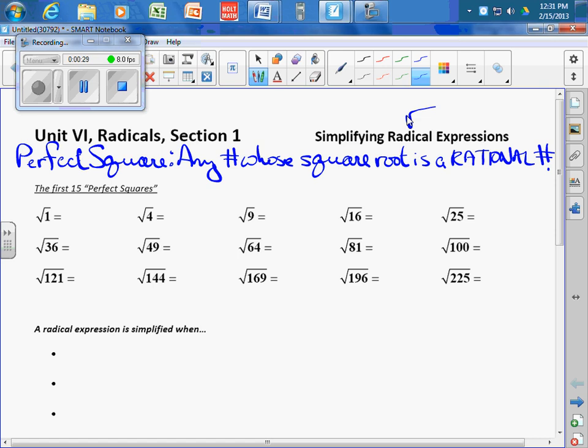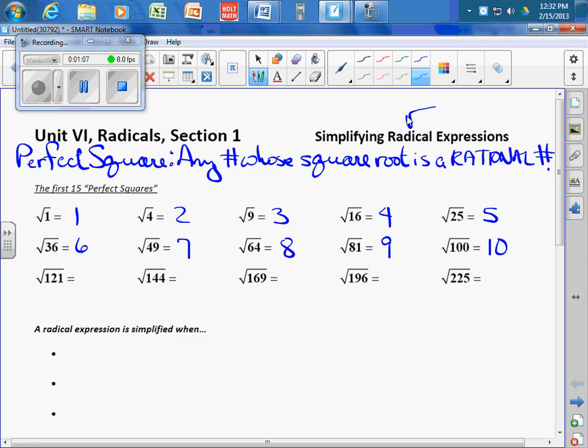We're going to be talking about that more specifically a little bit later on. But just off the top of your head, you should know at least the first 15 perfect squares, which are 1, because the square root of 1 is 1, and the square root of 4 is 2, the square root of 9 is 3, and so on down the line. The square root of 16 is 4, the square root of 25 is 5. When you take the square root of 36, you get 6. When you take the square root of 49, you get 7. The square root of 64 would be 8, and 81 would be 9, and the square root of 100 is